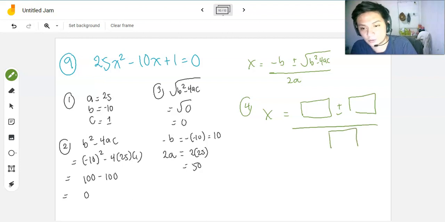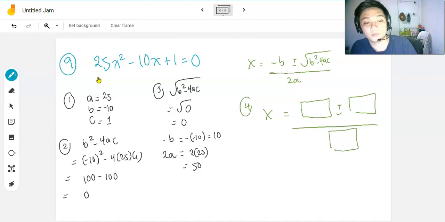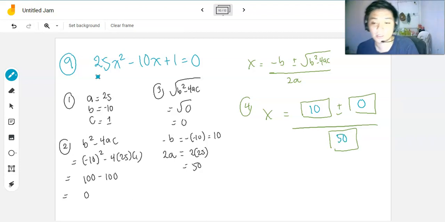Ayan. So ano ang sa unang box? Yung value ng negative of b, which is +10. Plus or minus, ano yung sa pangalawang box? Yung value ng square root ng discriminant, which is 0. And then, sa baba, yung value ng 2a, which is 50. So, ayan, 10 plus or minus 0 all over 50. Again, this will just be equal to 10 over 50 kasi ang 10 plus 0 at saka 10 minus 0